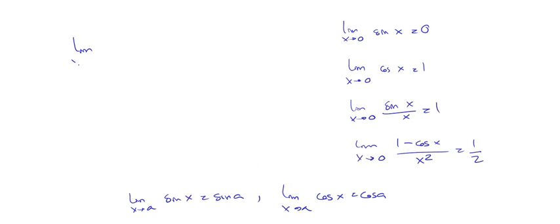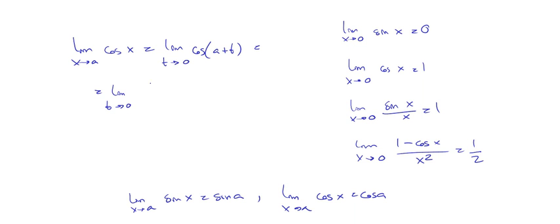Okay, so we have the limit when x goes to a of the cosine of x, right? We can rewrite this as a limit when something goes to 0, okay? When t goes to 0 of the cosine of a plus t, right? This is the same thing, a plus something that is going to 0, right? We can use the